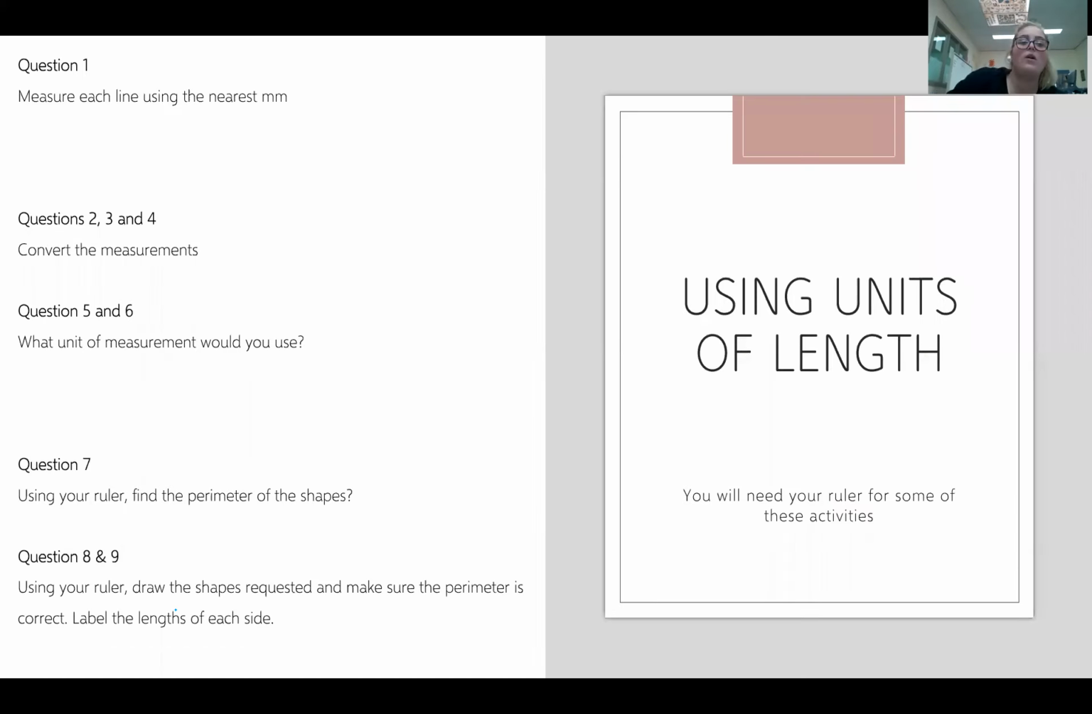So for your work today, you need to measure the line to the nearest millimeter. So you have a line, and on your ruler you will see it says 0, and then 1, and then you're going to have 10 little lines in the middle, okay? And it'll keep going, and you've got 10 little lines. So if we're going to the nearest millimeter, we have 10, we have 20,